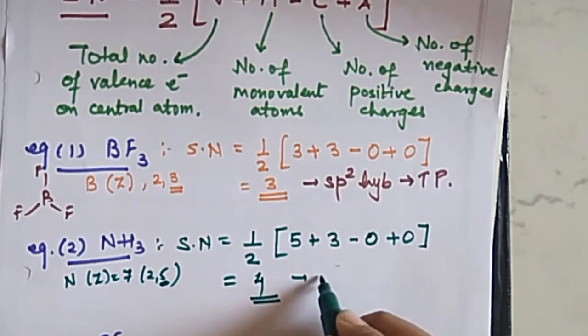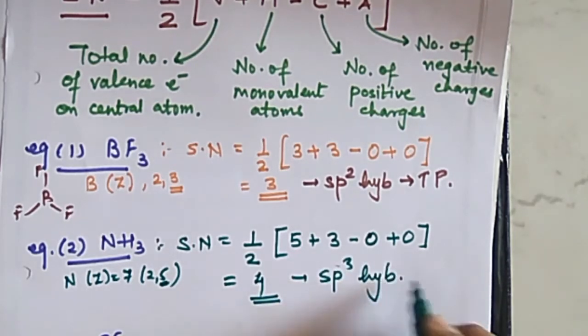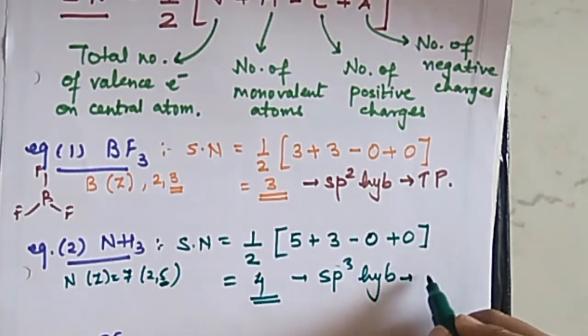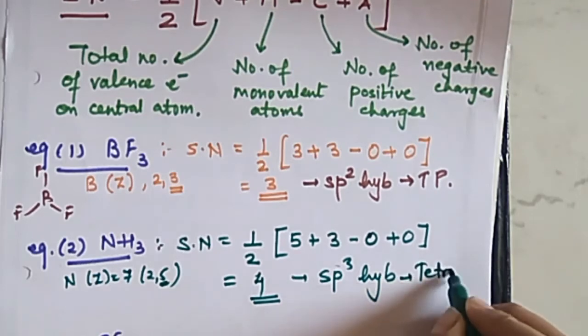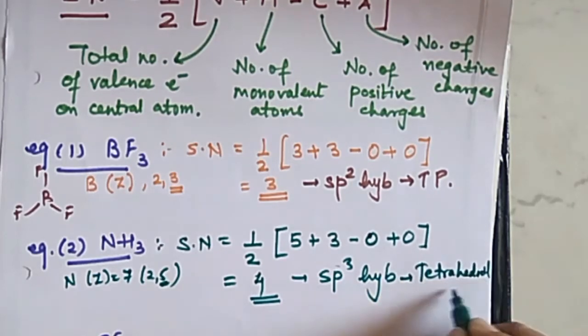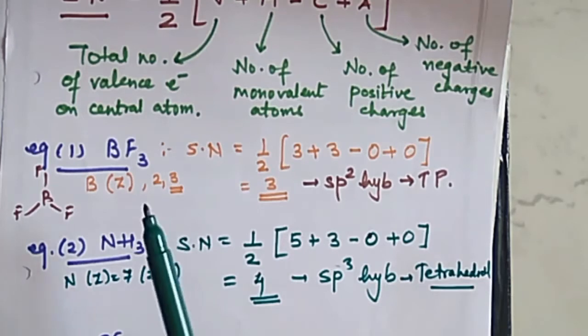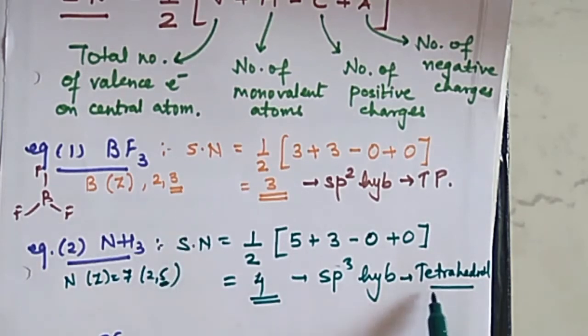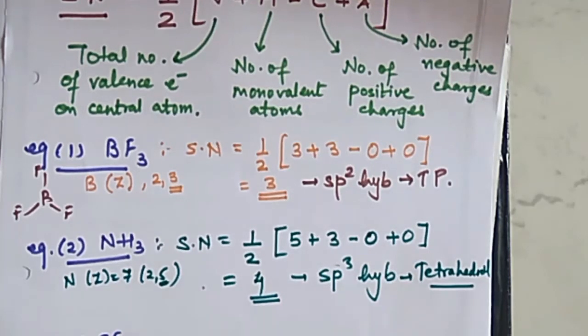4 means it is sp3, s and 3p. So sp3 hybridization. Fine. The geometry, the regular geometry, should be tetrahedral. Okay. So that is what I'm saying, that using this method, we'll be able to identify the regular geometry. Now here, its regular geometry should be tetrahedral, meaning it should be this way, nitrogen, but there are only 3 hydrogen atoms.